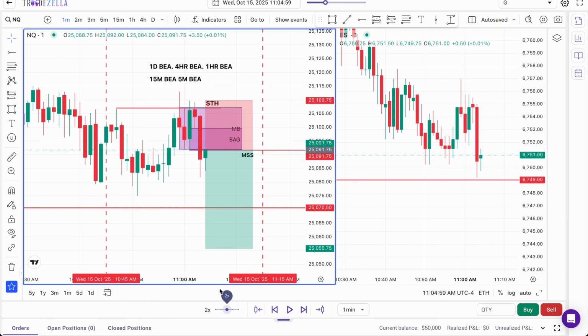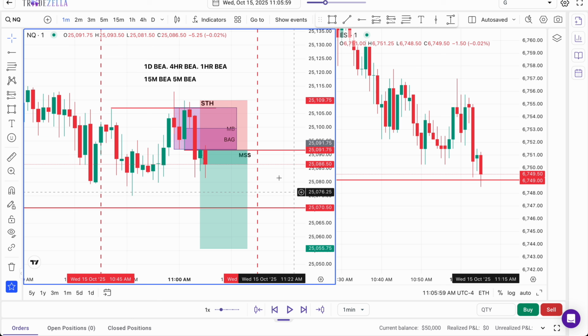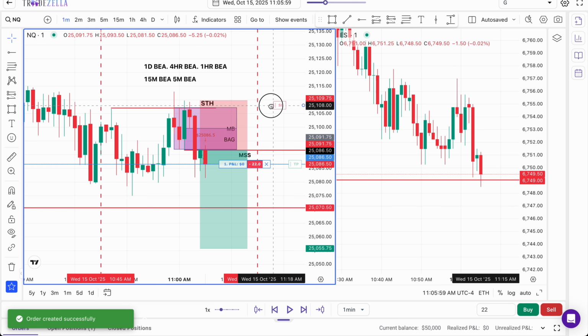Okay, so for backtesting purposes, obviously on TradeZella, it's not easy to get a clean entry. So let's go to the next candle and see whether price gives us an entry off this fair value gap inside of macro. Okay, there you have it. So price gives an entry of an 18 handle stop. On my live account, I'll take this with 22 contracts and run my stop placement at that short-term high.